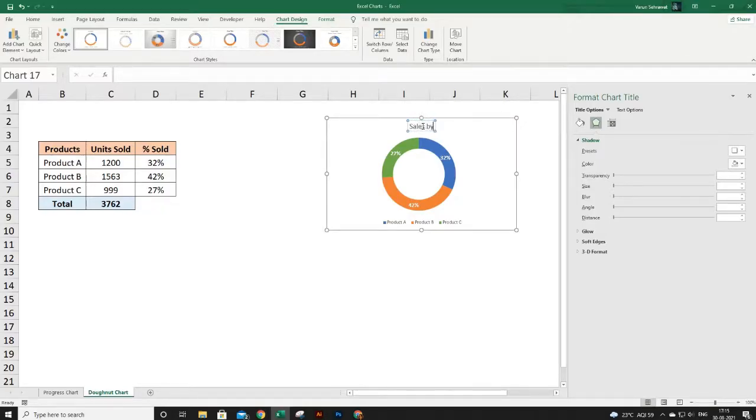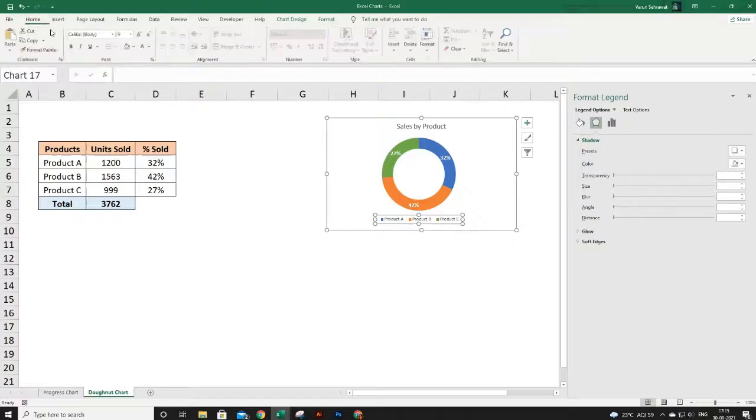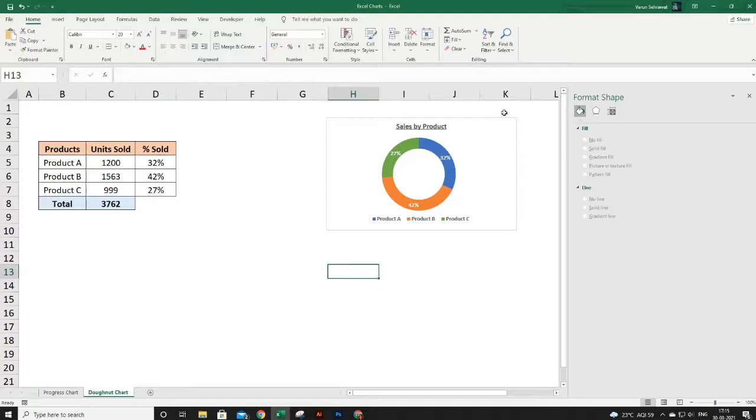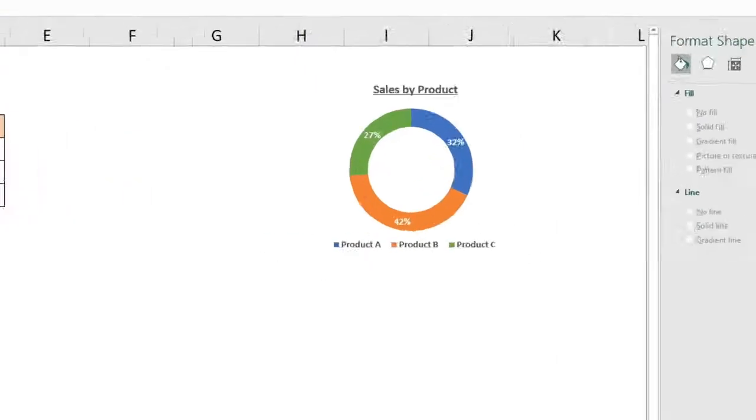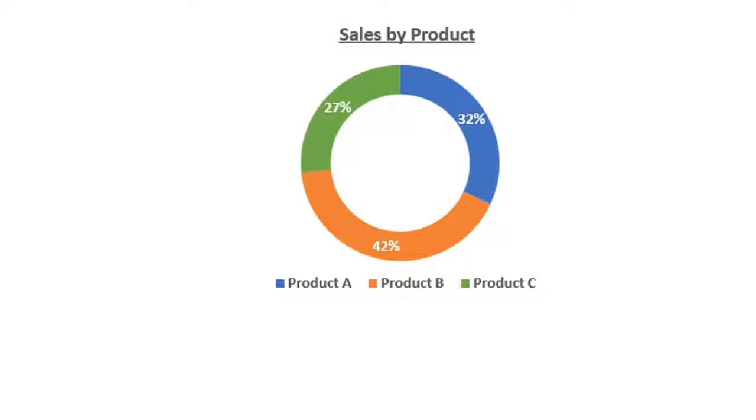You can also format or move these legends. So again, I'm making them bold and bigger. And let's do bold and underline to the chart title also. You can remove the border of this chart. So select the entire chart and select no line border. This is how you can make your beautiful donut chart.